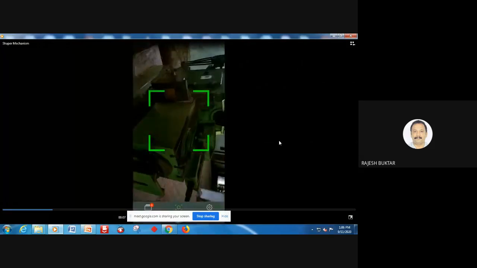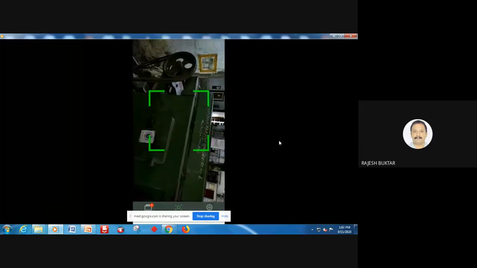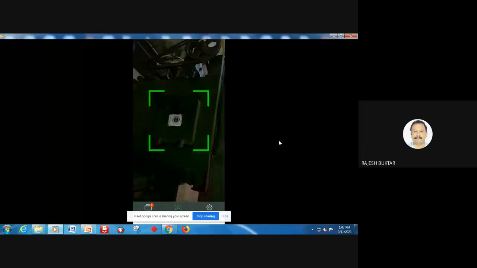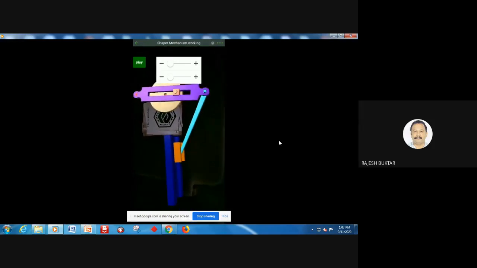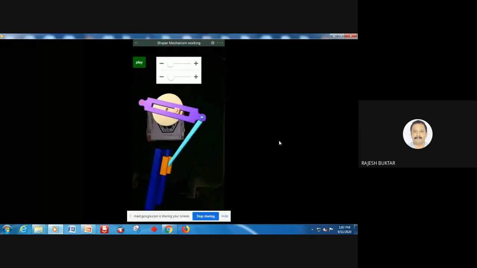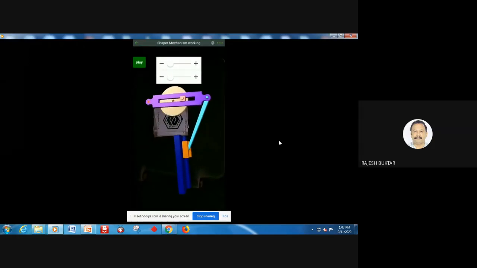So this is a shaper machine. And here, the rocker mechanism is housed inside the machine. So while teaching, always the faculty says that the mechanism is inside. We are not able to see it unless we open. But using augmented reality, by scanning this thing mark, you can bring the mechanism out of the machine on your mobile and show it to the student. There and there itself. So this is a rotation facility provided. That is what is being shown in the video, and the working, how the rocker mechanism works.